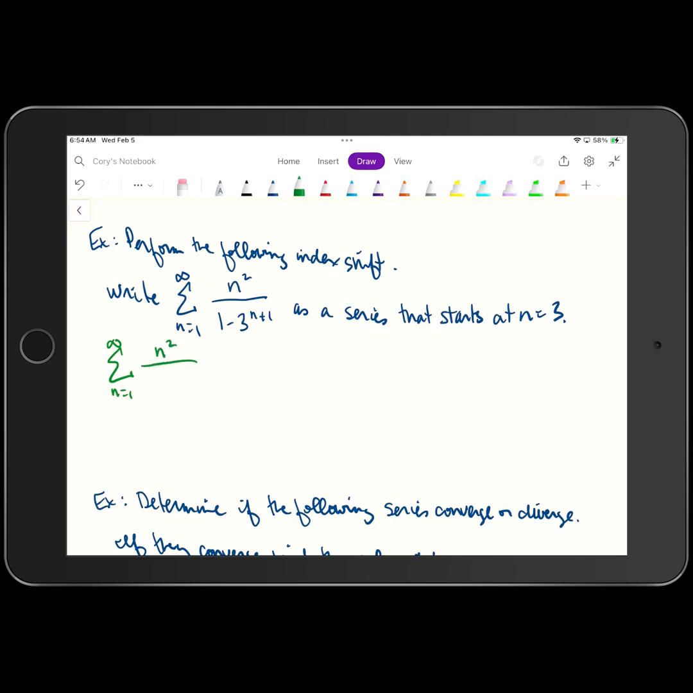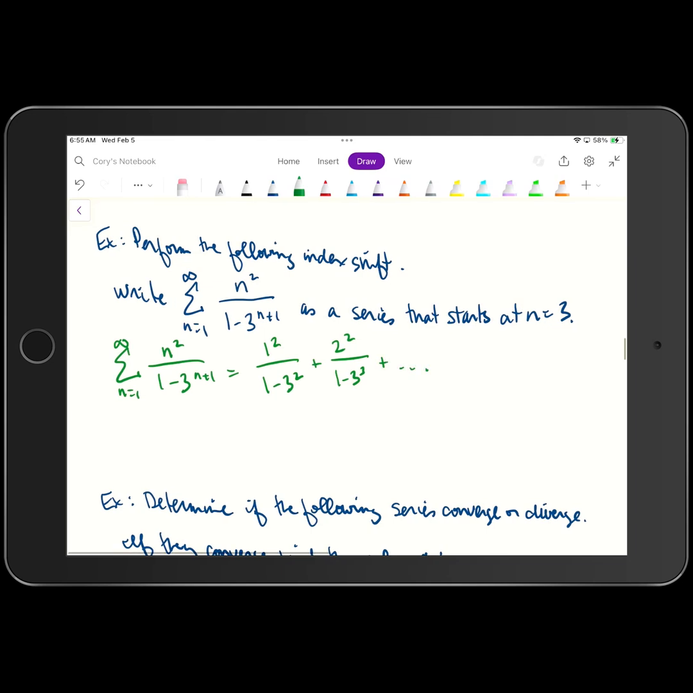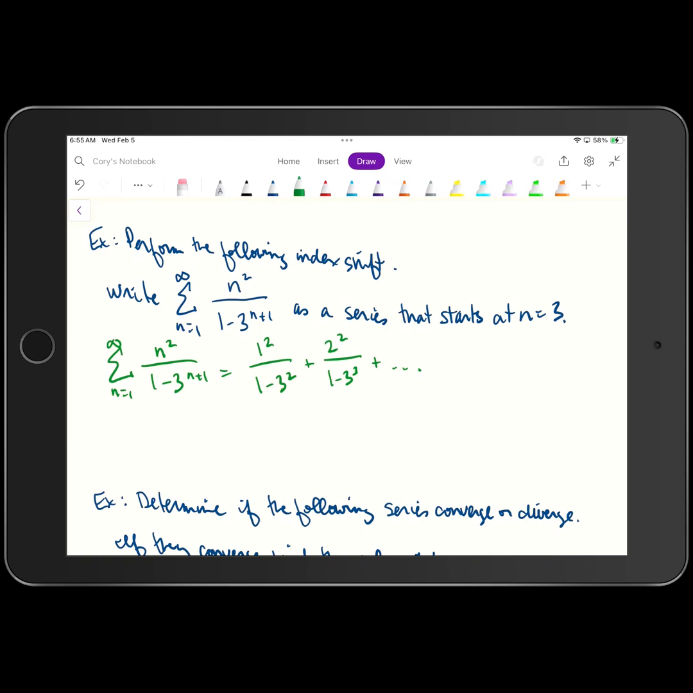So we get n squared, our formula is n squared over 1 minus 3 raised to the n plus 1 power. So when I plug 1 in for n, we get 1 squared over 1 minus 3 quantity squared, plus when I plug 2 in for n, we get 2 squared over 1 minus 3 cubed, and so on and so forth. Okay, now if I want to start that series at n is equal to 3,